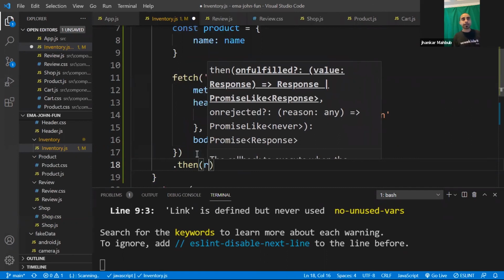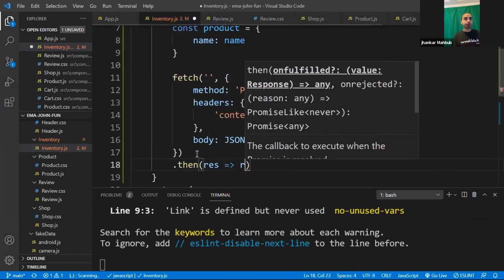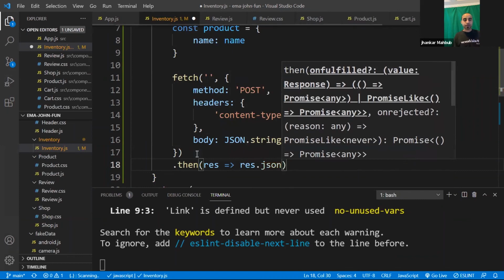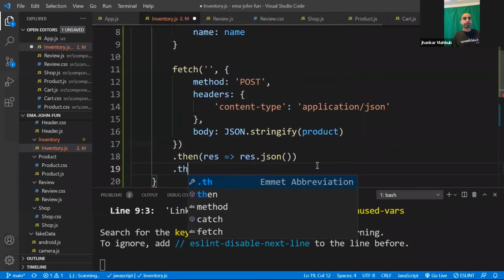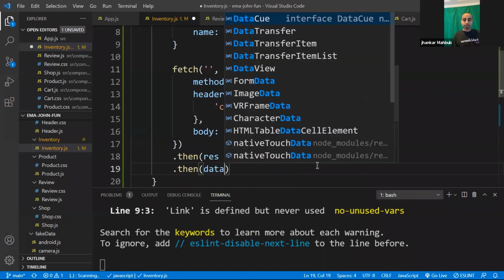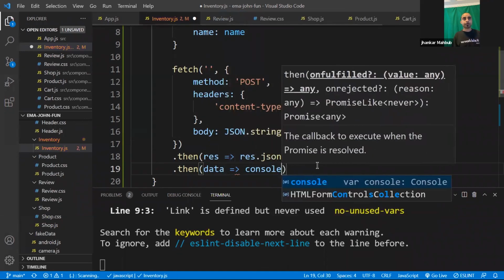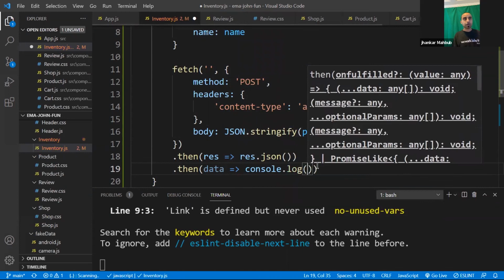So whatever response you got, we need to convert the response to JSON. Whenever sending, you need to convert the information you have to a string, and whenever receiving, you get it as a string as well, and you need to convert it to JSON. After that, you will get some data, and for now you can console log data.